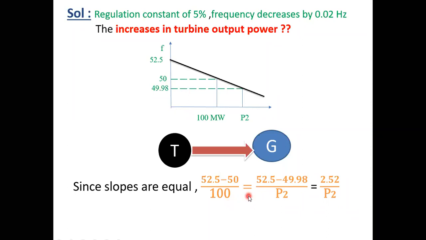And it should be equal to one more slope, that is nothing but from the starting point up to the P2 value. So up to the P2 value, what are the y values? 52.5 to 49.98. So that's why we can write here 52.5 minus 49.98 divided by, what are the x values here? P2 minus 0. So you will get here P2. That equals 2.52 divided by P2. So from this, tell me the P2 value in our chat box.